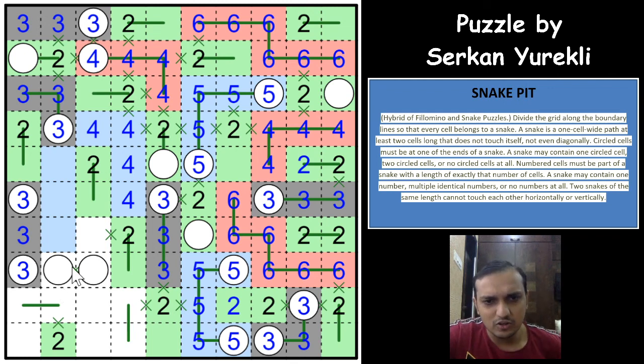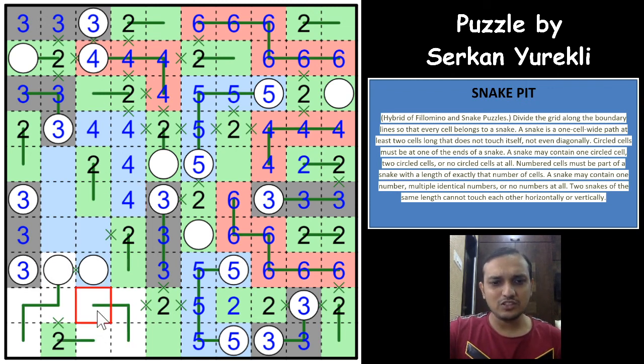Okay, that's an excellent logic here. This was an easy one to notice. So if you see here, this would have to be either a 4 or 5, and if it becomes 4, this becomes 2 now, right? Not possible. So this would have to be 5, this would have to go this way, which means it cannot be 3, it would have to be 4, because 3 is already there. This would have to be 2, and this would have to be 3.